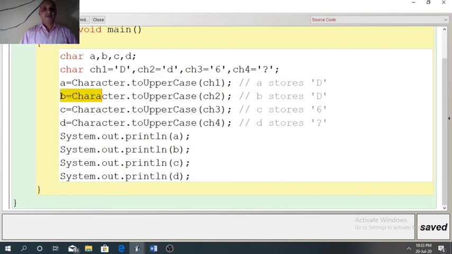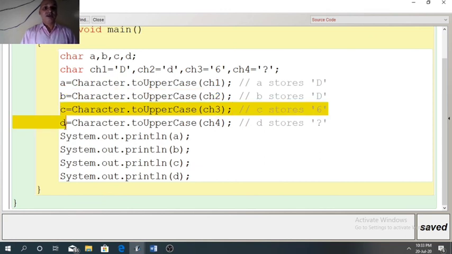Here ch2 is small d, so small d will change to capital D, so variable B will store capital D. Both variable A and B will store capital D, and in case of C and D, ch3 is a digit, ch4 is a special character, so it will remain as it is, there will be no change. So in the output we will get capital D, 6 and question mark.